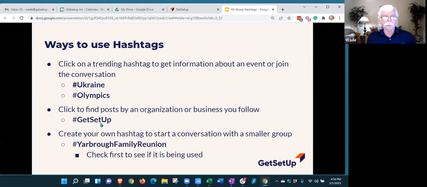There are somewhat. Probably the more common thing people are doing is, there's always a lot of interest in what's trending, what people are talking about, so they can join in. Twitter probably does the best job of having a way to find out what is trending right now, what the hashtags are that are trending. But you can also just go to Google, search trending hashtags, and get results.